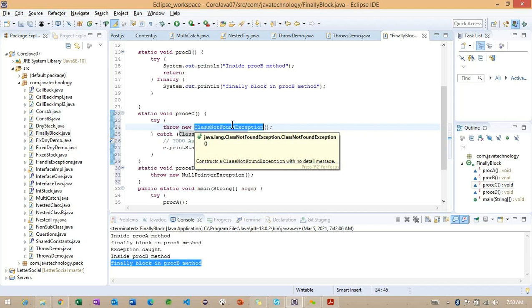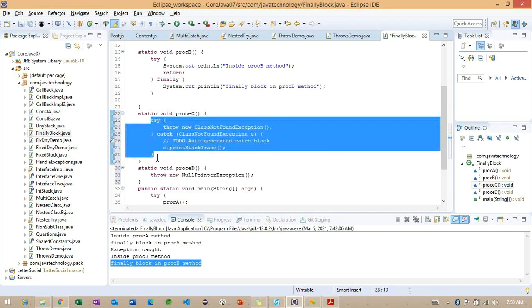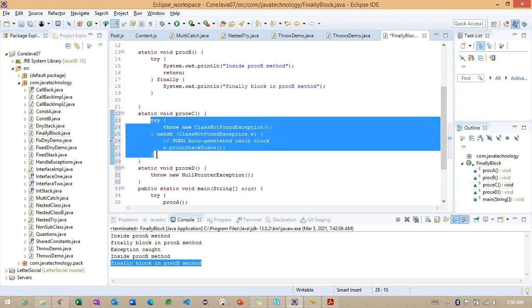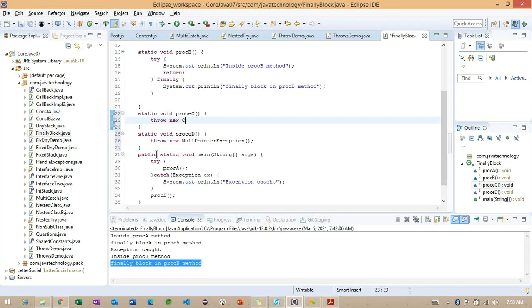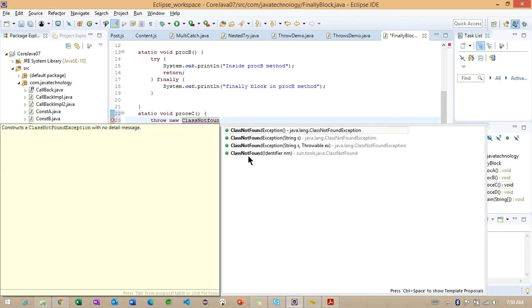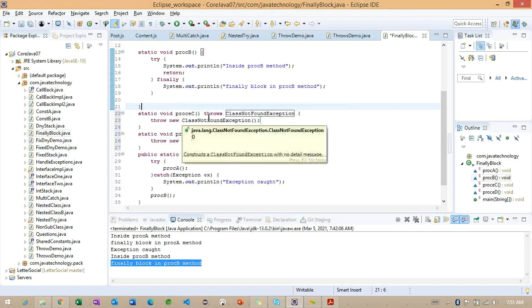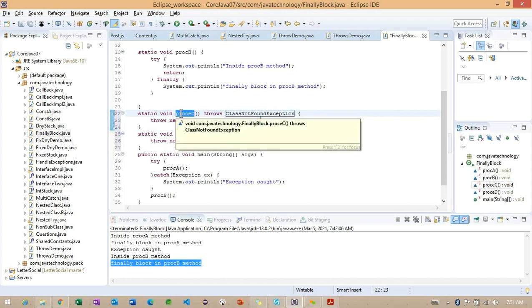As I explained, when we work with checked exceptions, while developing the code only, we are going to handle them like this. Or, instead of handling this, what we can do is throw the declaration here. Observe here, this is the throws declaration. Instead of handling an exception, we are throwing the exception to the throws declaration we define on the process method.